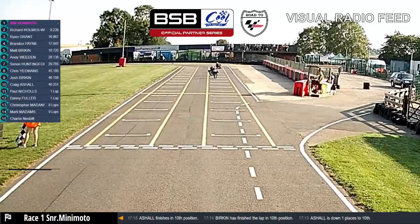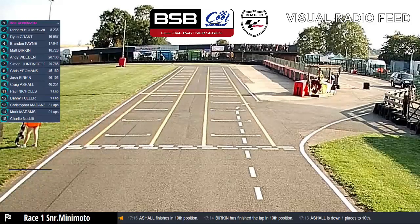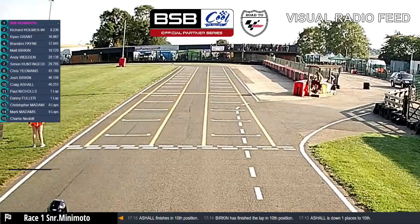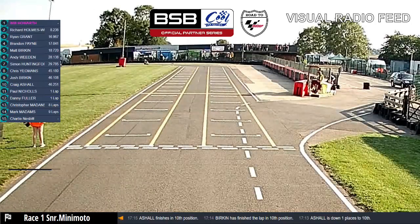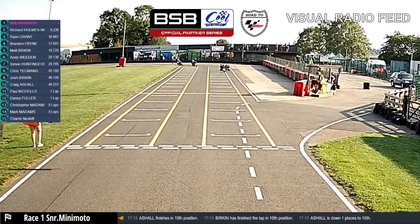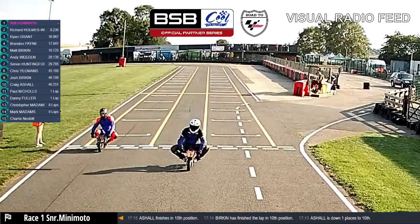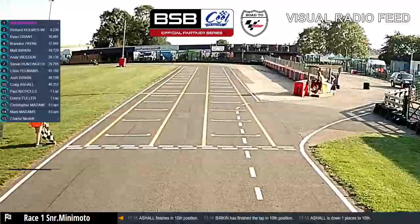That was a great run in the race, and Will Howarth the winner ahead of Richard Holmes-Williams. Ryan Grant was third over the line, and that was to confirm Will Howarth as the race winner. And into the final corner for the final time, Ryan Grant over the line, just keeping it and just taking a position. So great run there for Will Howarth. And that was it for the victory in race 1 of the senior mini motos, the first race for them